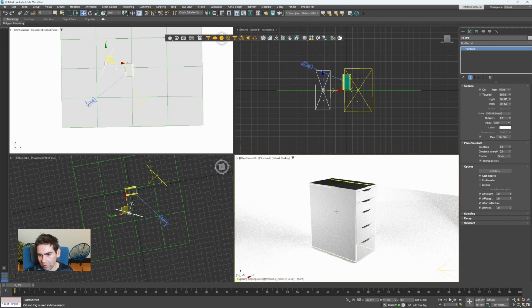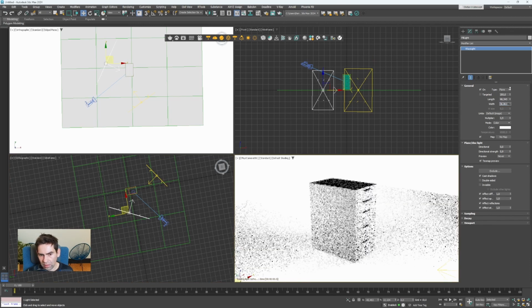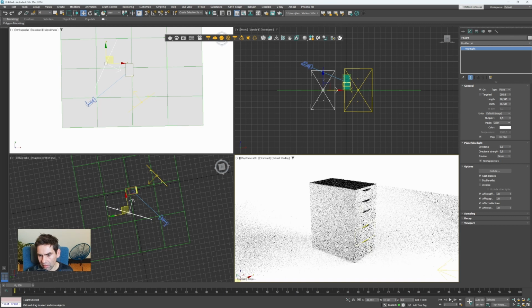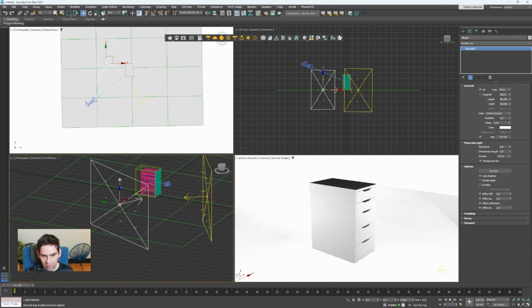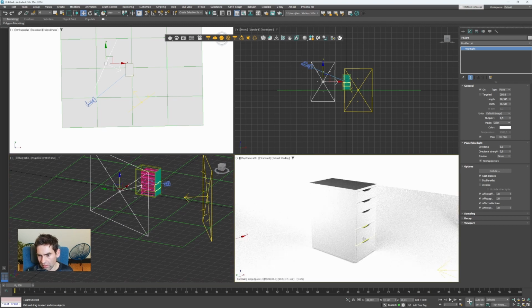So at the moment I'm getting here a bit of a gradient, but a more constant color is sometimes nicer. So I will set that to 2 and set it to